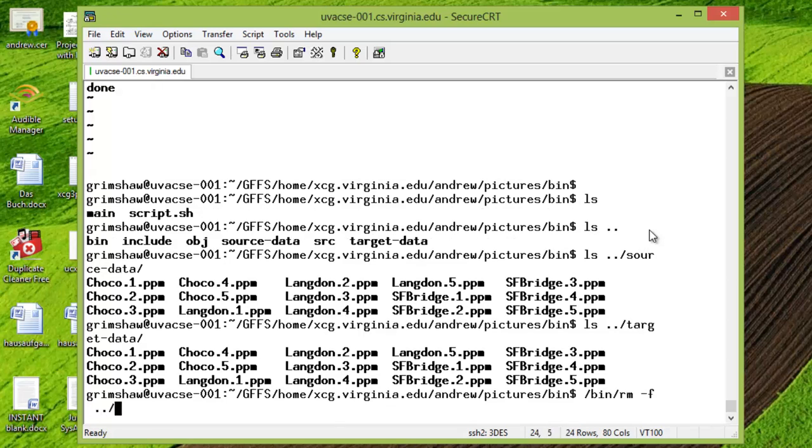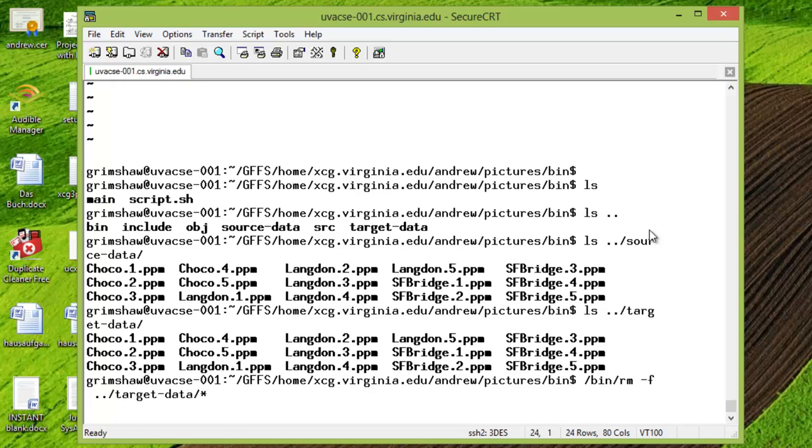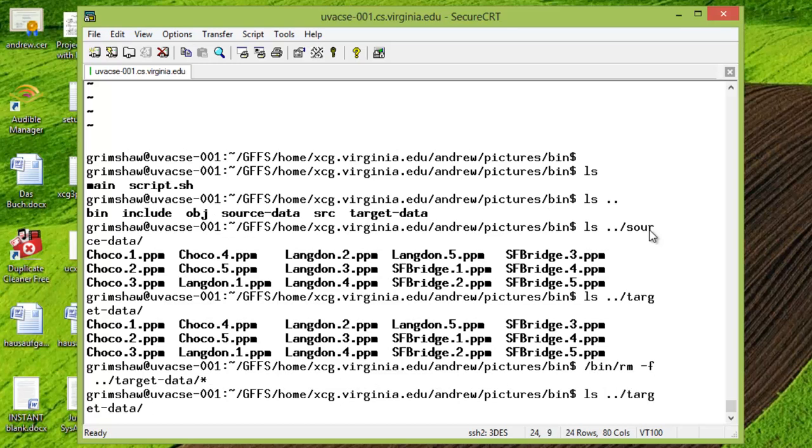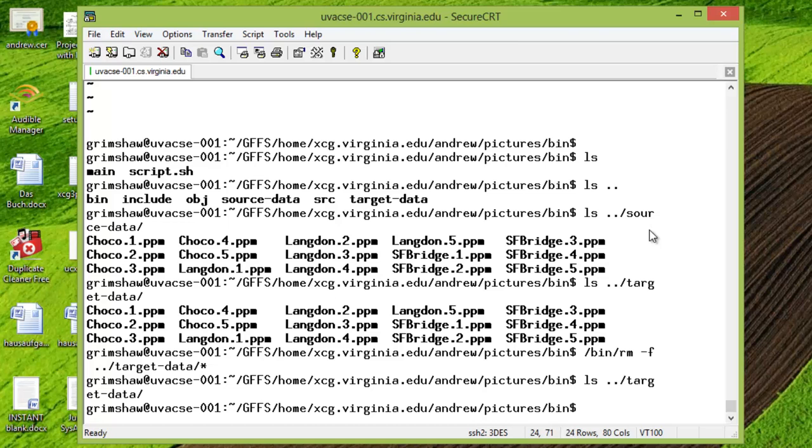-f target data star. I should have done the -v option. I like to see things going. Okay, so now when we go up there and we look at target data, it should be empty. Indeed, it is empty. So now what we're going to do is we're going to say